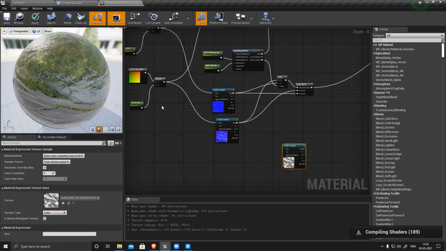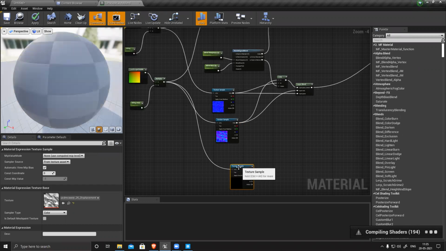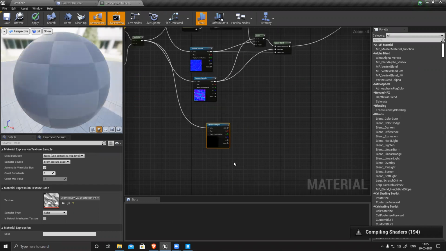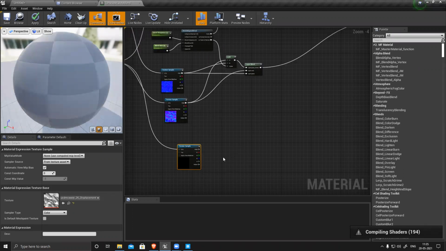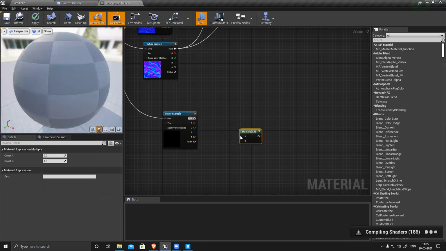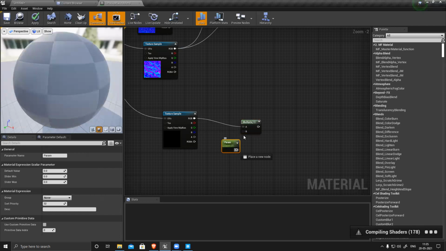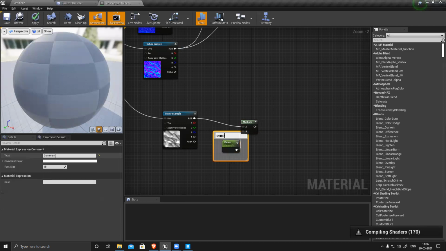The rock and this thing should tile together. So connect this to displacement also. So to displace anything, I need to have a multiply, and then connect this to A, the amount of displacement, correct?